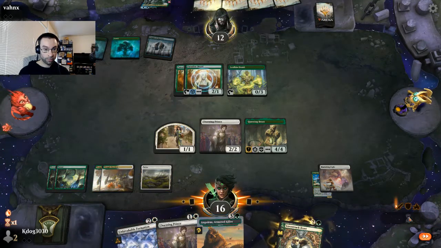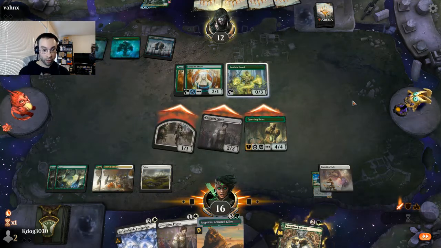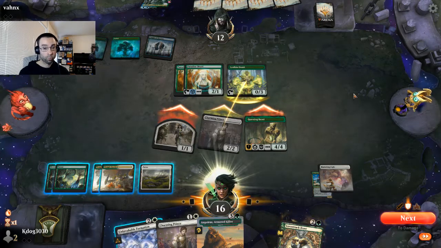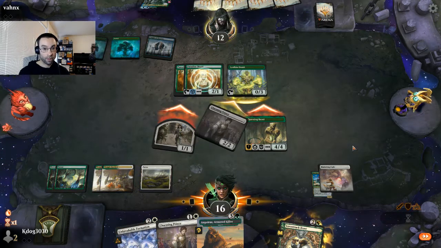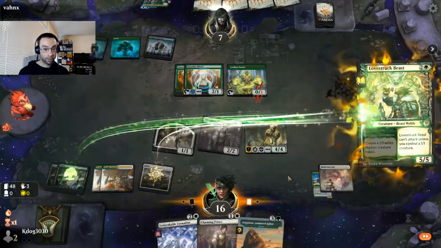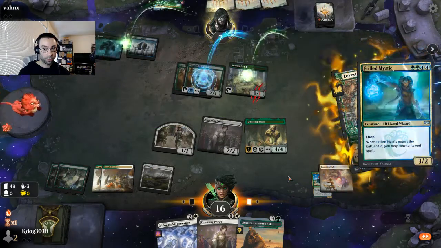Yeah, let's just keep swinging on. I think we want a Lovestruck Beast, Charming Prince, and then we can Unbreakable Formation next turn and potentially win the game. Okay, so they block the 2, take 5. So it's a Lovestruck Beast. And let's go ahead and Charming Prince to